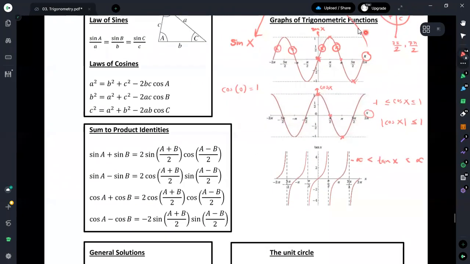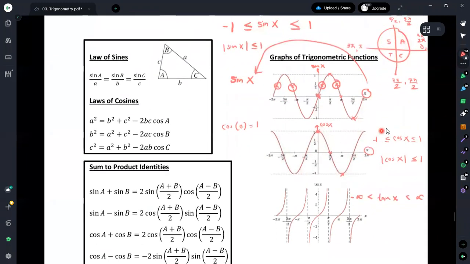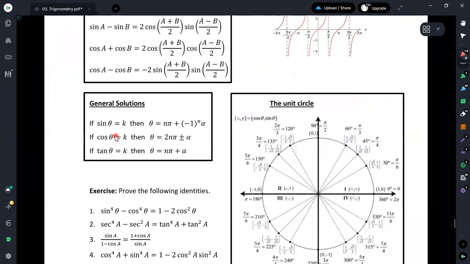It is because it is a circular function whose values we can extend around the circle, and it is not starting from 0 and ending at 360. It continues, and even beyond 360 it will extend. That is why, if sine theta is k, we have this as the general solution. Here we are not going to find a specific solution.